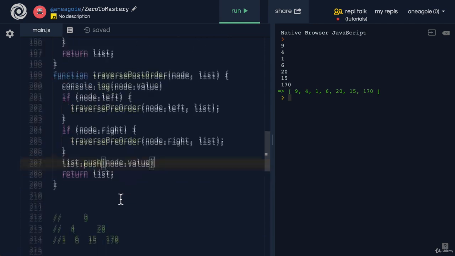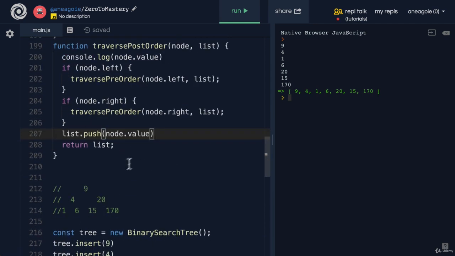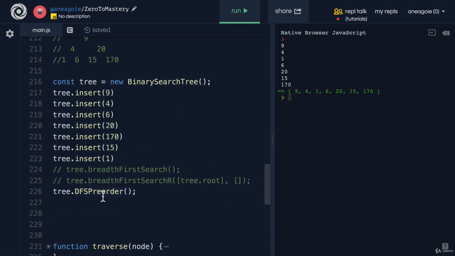And why is that? Because we check 1, 6, the left and the right, and then the top, 4, then 15, 170, 20, then 9. So the order, as the name suggests, is post, is at the end. So if I change this to post order now,